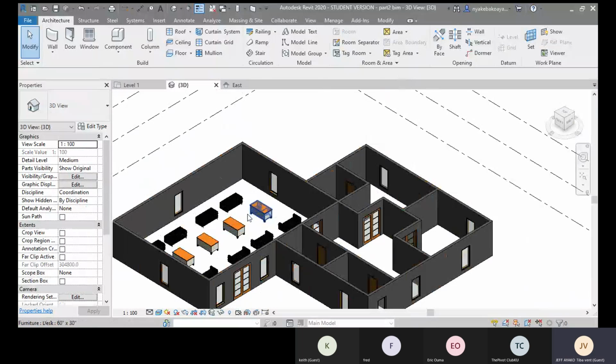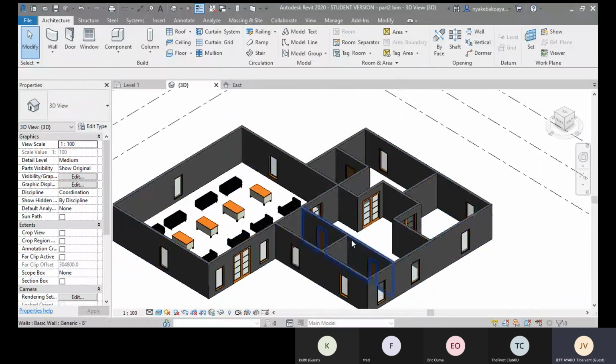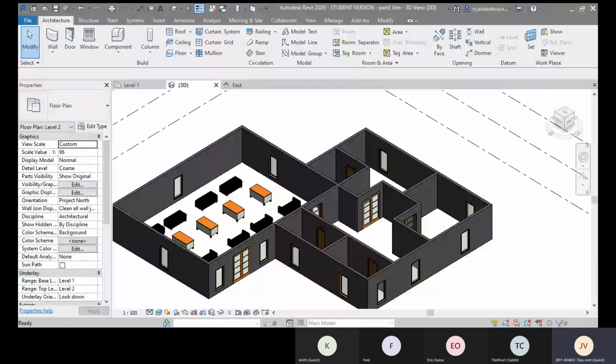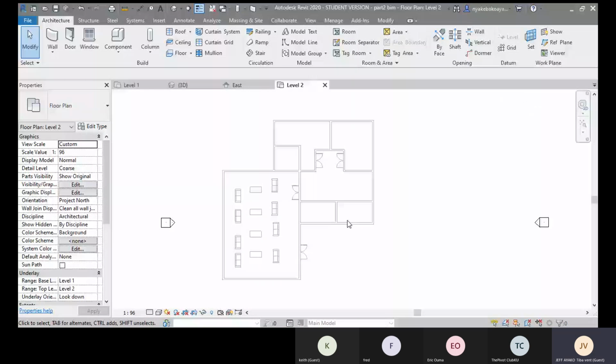something I also didn't say in the first session. Let's say you are building a multi-story building. This is now the ground floor, and then you want to make a duplicate of the same thing on the first floor. So the first thing you will need to create is a slab on top here, that will host the first floor. So what you do, you just come to your level 2 there, and we also discussed